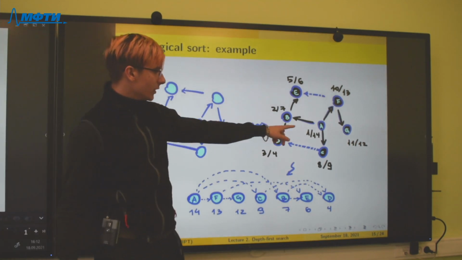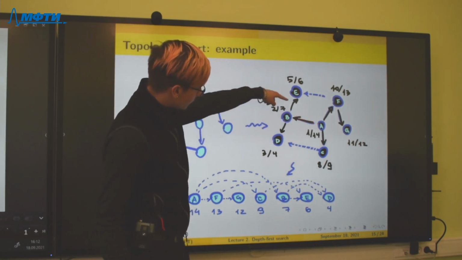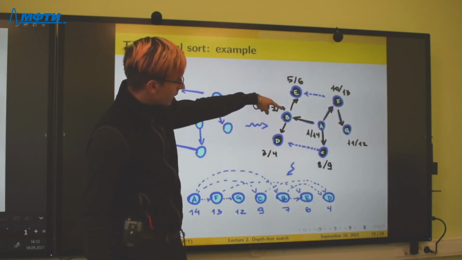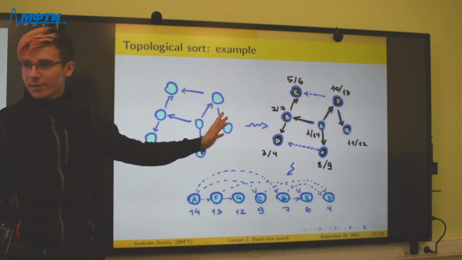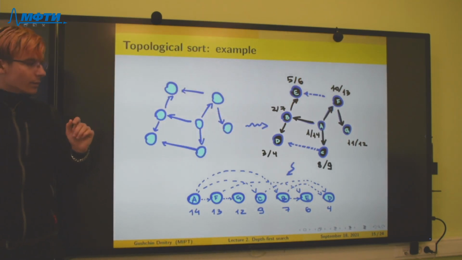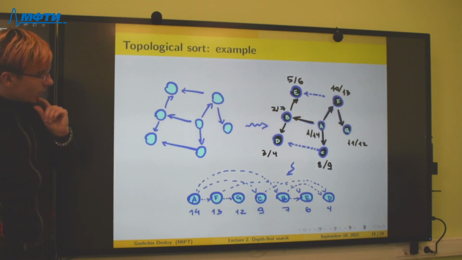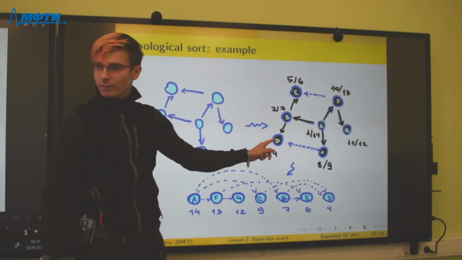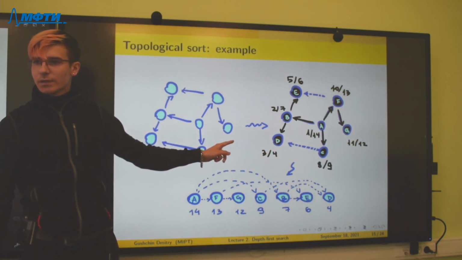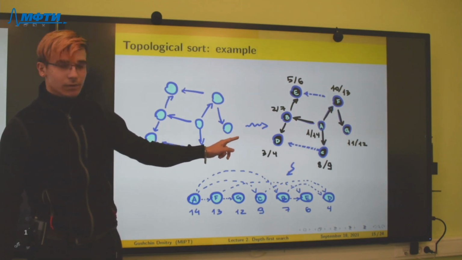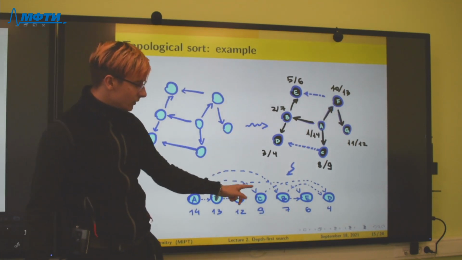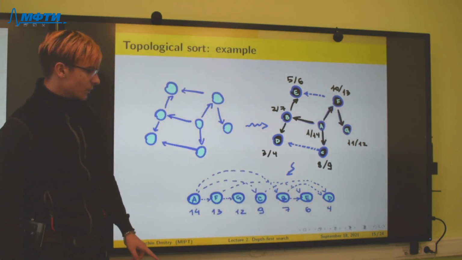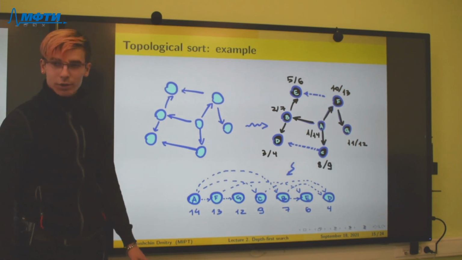For example, from E. And we go to B, go to D, finish with it, explore E, and other steps of DFS. And then we see, for example, when we end with D, it is the first vertex that we finished with. We push it into the list, and it has the smallest order in our numeration.